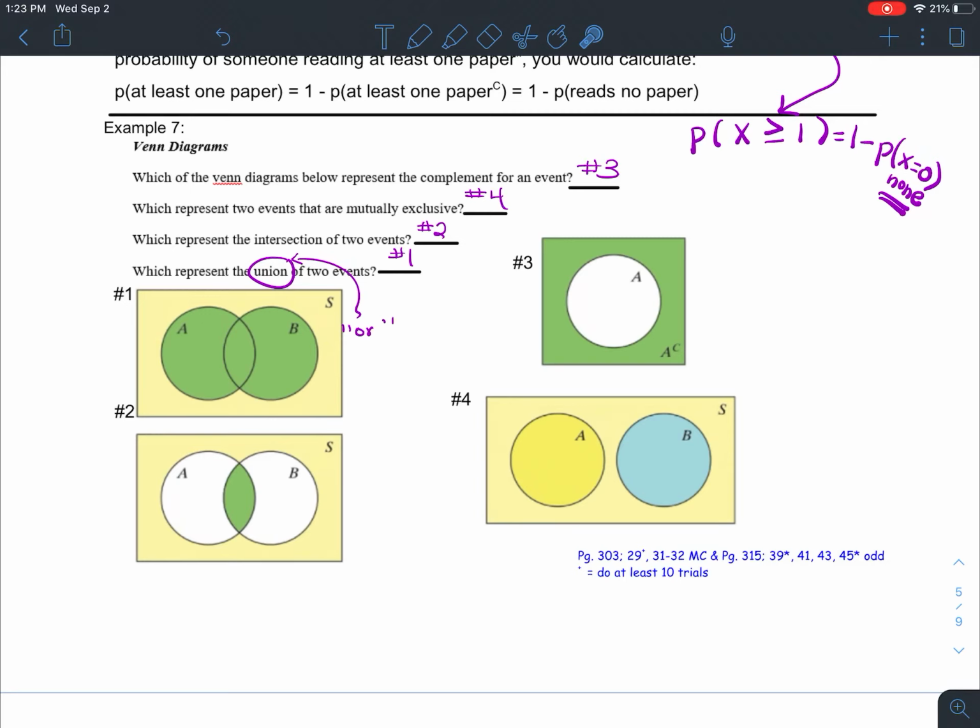And then finally, the union, remember that means or, which means one, the other, or both. And so all of those options are shaded in there. Okay, that brings